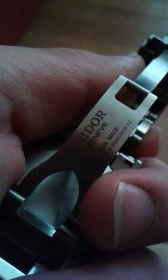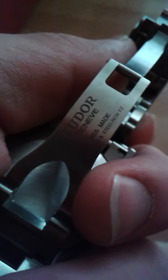The back of the watch, of course, the case, the Rolex case with the Tudor Geneva Swiss on the back. The clasp is titanium and steel inox. That's probably some kind of a stainless steel that is very durable. So it is certainly a watch that I will wear for a pretty long time, because it certainly does what it needs to. Now I can have a look if I can